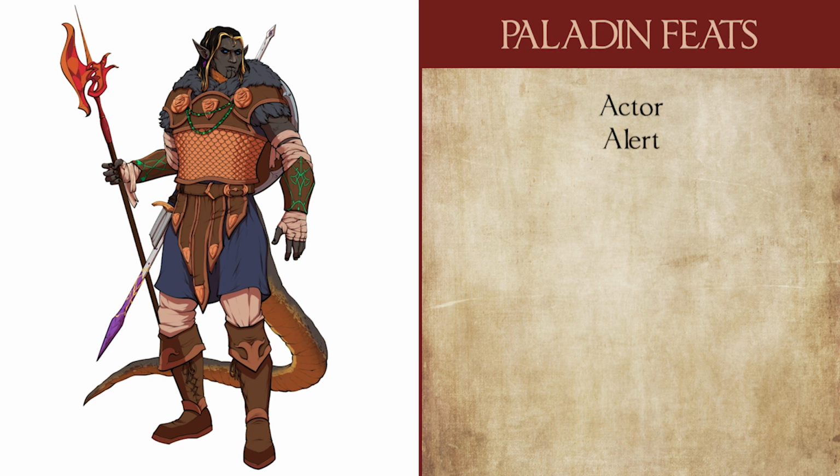Alert grants you a substantial bonus to initiative and protects you from being surprised by attacks that you can't see, be it by sneak attacks, invisibility, or whatever else. Charger is great for opening up combat with pushing enemies down or off ledges, as well as a hefty damage bonus. Meanwhile, Crusher, Piercer, and Slasher are all great for adding additional properties to your weapons depending on which one